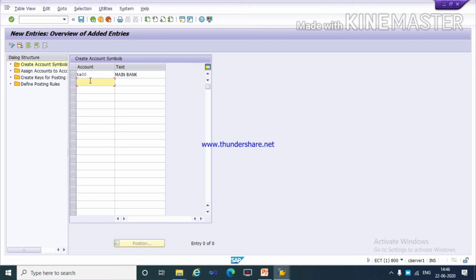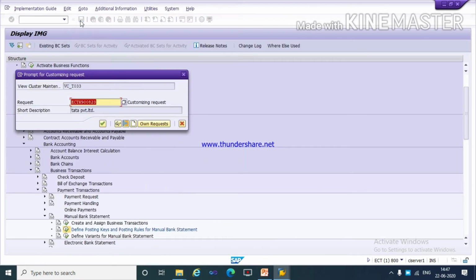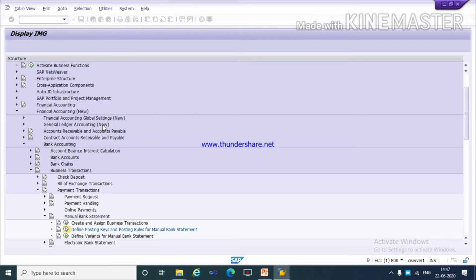Then TA01 for incoming bank. After that, TA02 for outgoing bank GLs. So like this you need to define account symbols, then click on save. Continue.